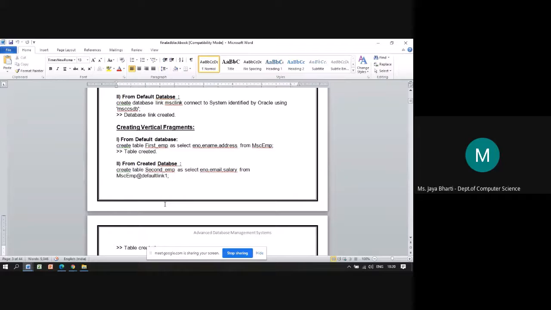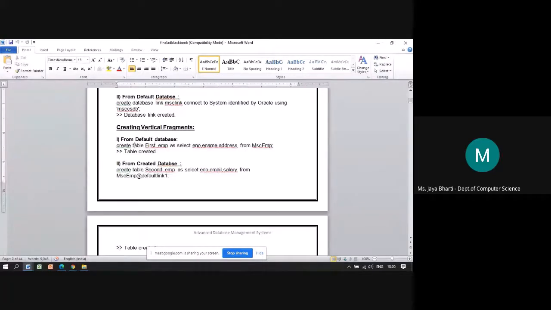But there is no change. So the user will feel as if it is accessing the same copy. Okay, that is basically the transparency, that topic we are going to learn after this. Fine. So whatever queries we are going to execute, the same set of query, only one on default database and the another one is on the created database. Fine.